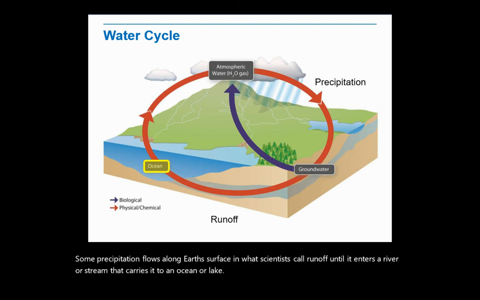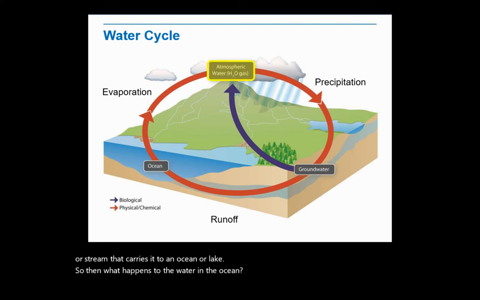So, then what happens to the water in the ocean? Well, water from the oceans and lakes evaporates and then becomes atmospheric gas, atmospheric water vapor. When it cools, it condenses to form clouds again. And then, of course, the clouds can drop precipitation where the water once again falls to the earth and becomes